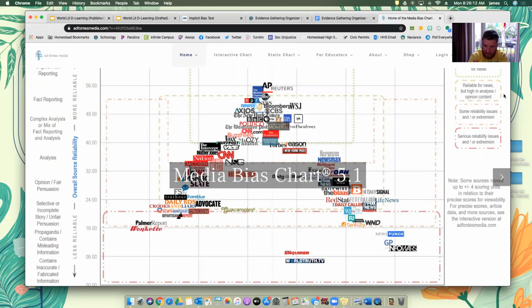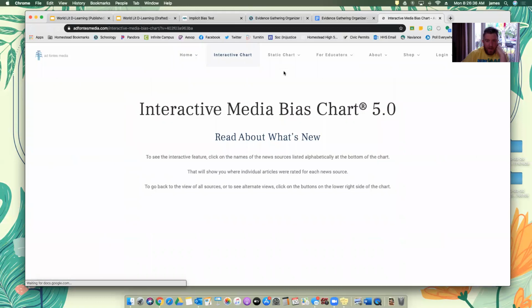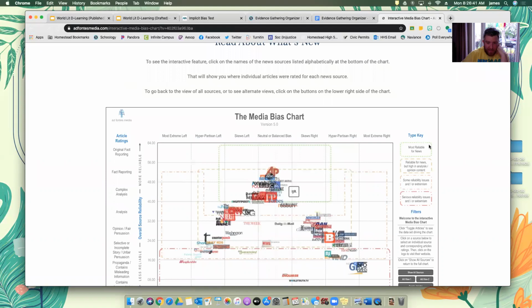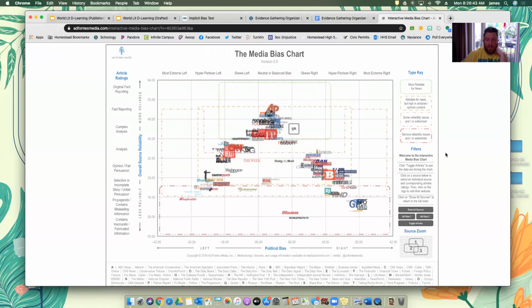It's a completely nonpartisan, objective, kind of fact-checky type organization that ranks all the major news sources where we get a lot of our crazy news from in this world. I really like it because I think it clearly sets out